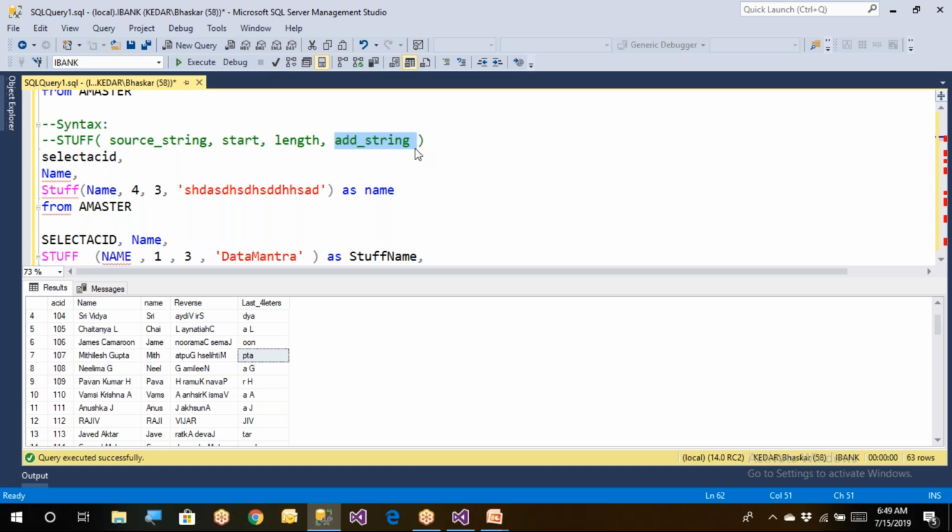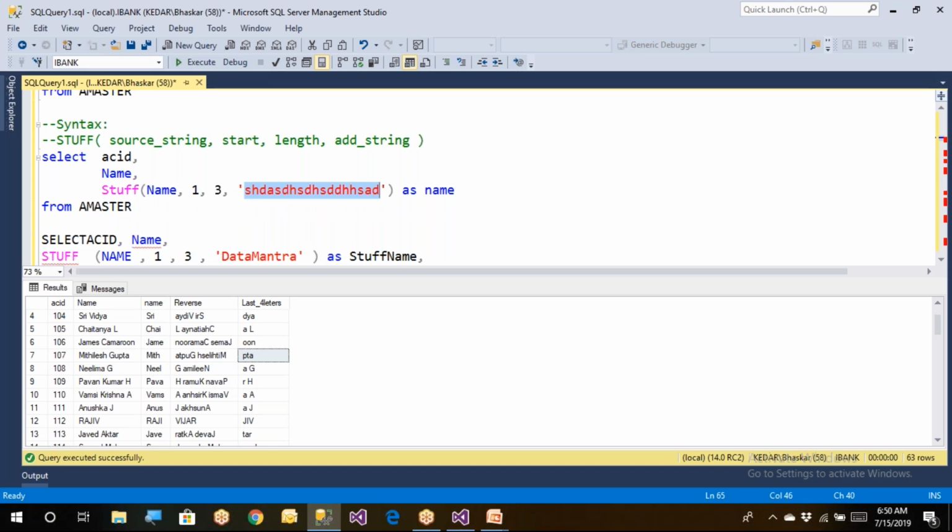Yeah, am I clear? For example, let me write the name of the column. So what is that I am saying? I wanted to say starting letter. From there you read the three letters. And instead of this, you have to mention the thing I wanted to have. For example,